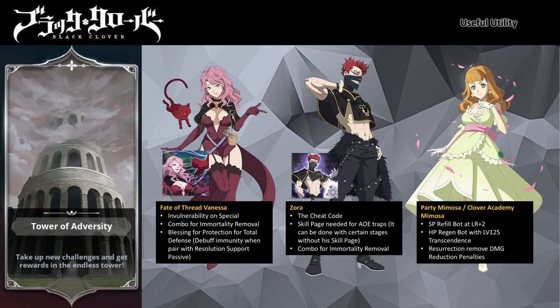With his reflect traps, you can place it on units with invulnerability or units with passive immortality like Langris, Licht, Party Costume Charmy or Clover Academy Fuego Leon. Once your setup is done, you just have to pray that the enemies are stupid enough to hit the targets that